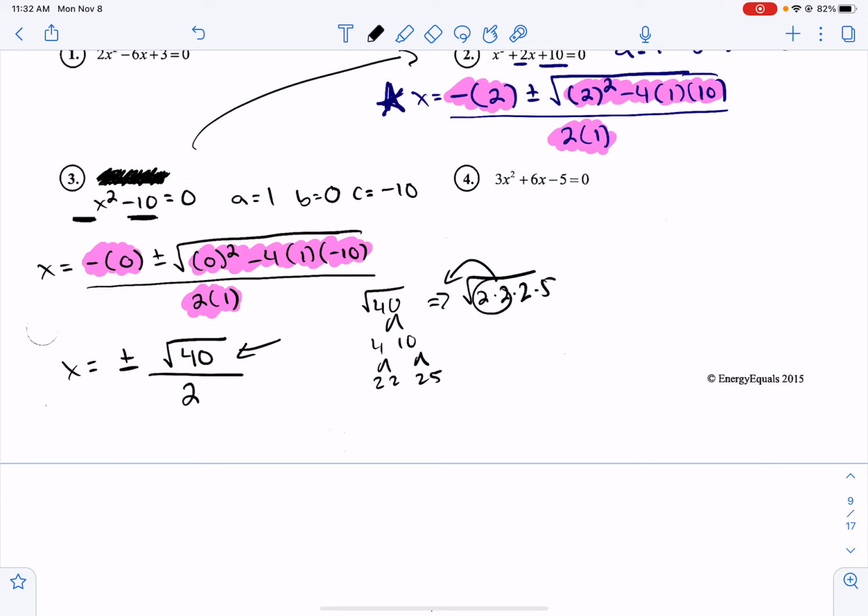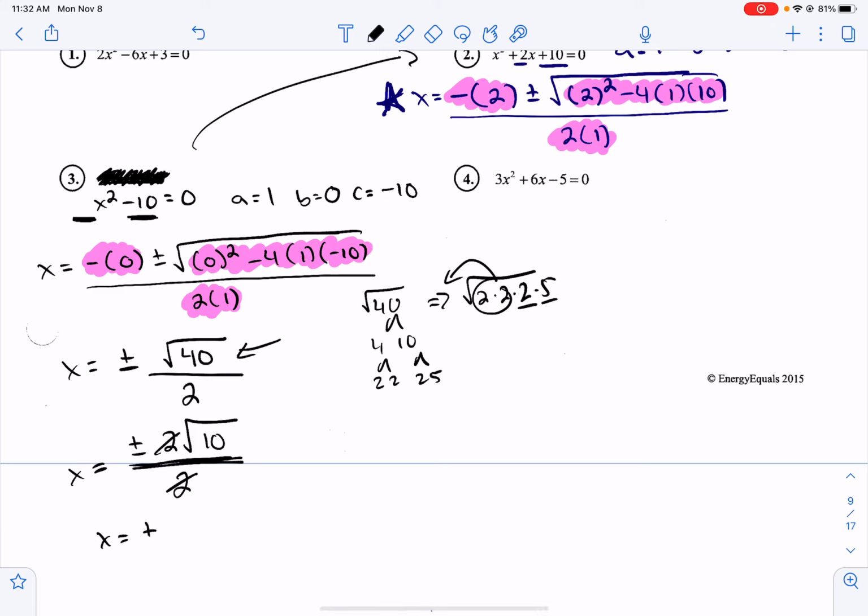Those 2's come out. So that's nice. I end up with a 2 in front of my square root, and I'm left with a 2 and a 5, which become 10. And all of that is divided by, not 10, I'm just making up stuff as I go, all of that is divided by 2. Which this one's going to simplify really nice because that 2 and that 2 cancel, and my answer becomes x